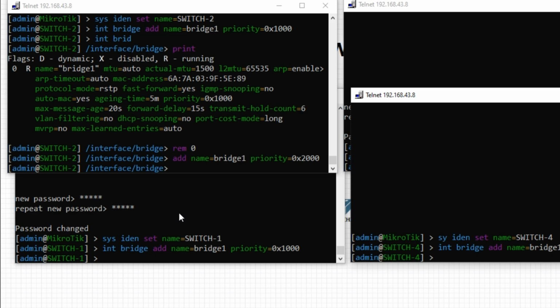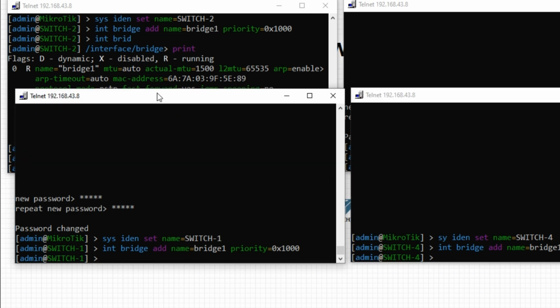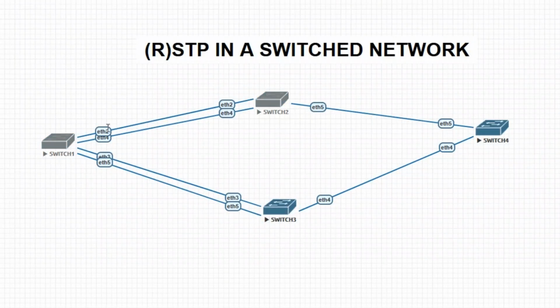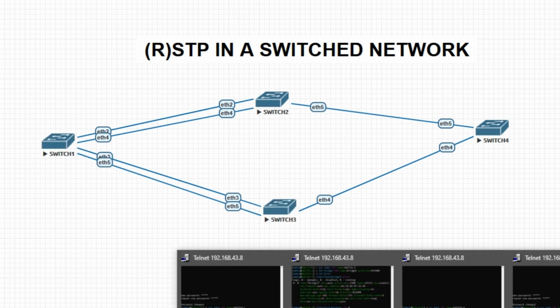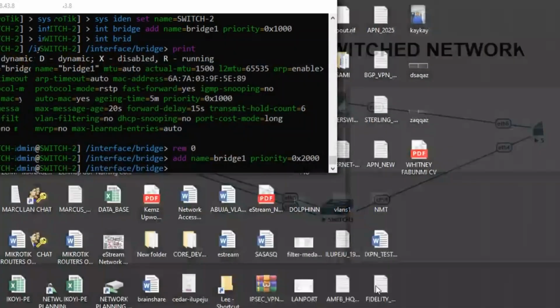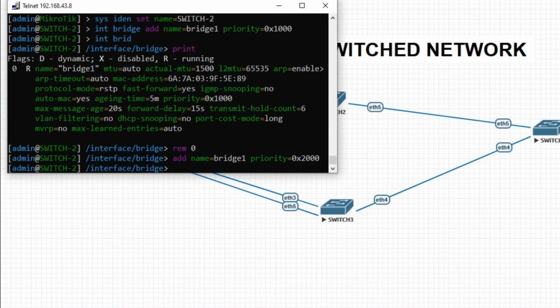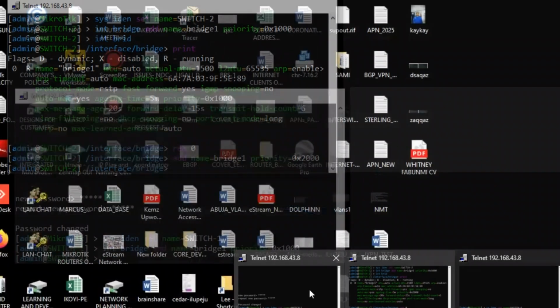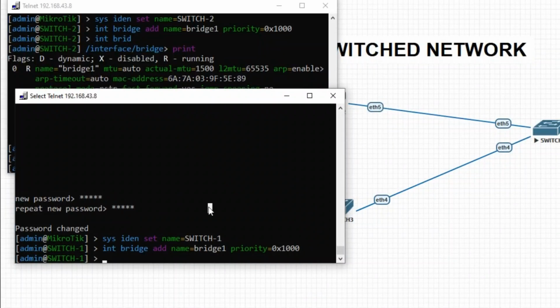Now we need to watch out for something for switch 1. Let's go back to our screen. We have ether 2, ether 4, ether 3 and ether 5. So for switch 1, I'm going to set the port priority only on the root bridge. We are not going to set the port priority on other switches, but only on the root bridge, which is switch 1 in our own case. Please take note. So we enter into the bridge and the port,